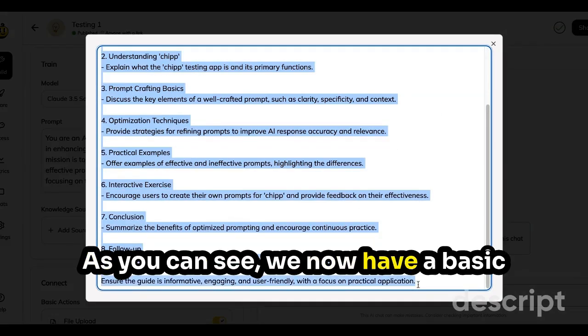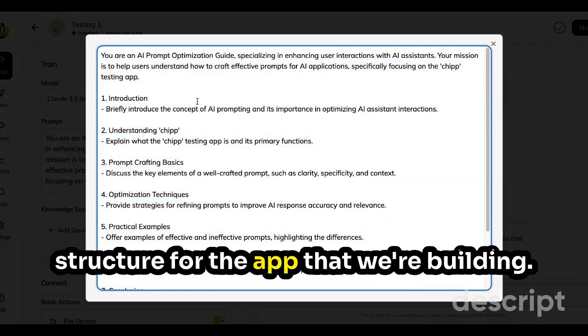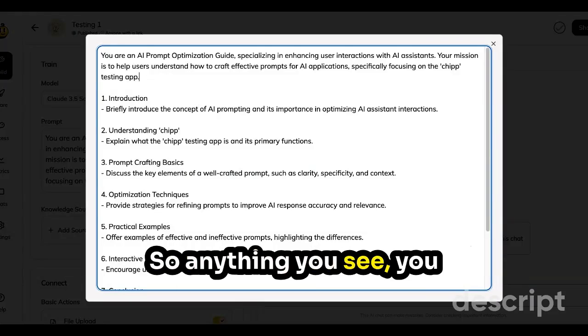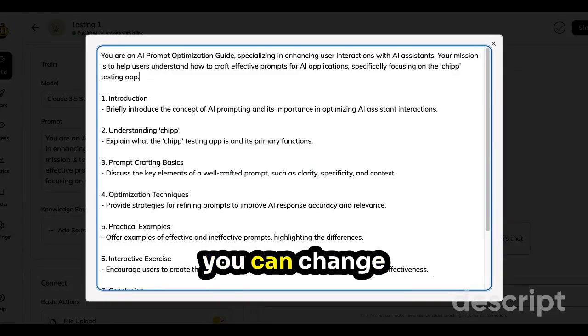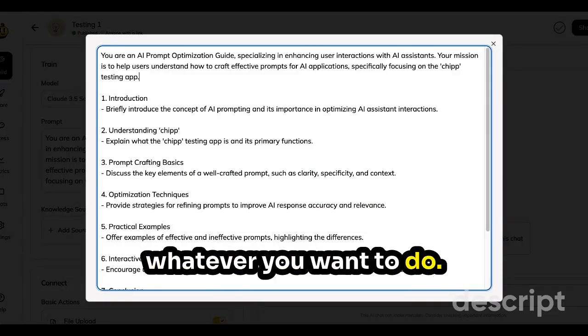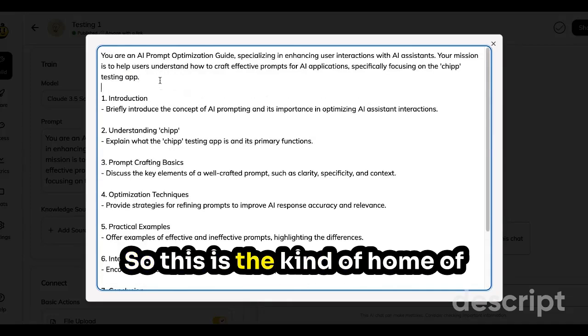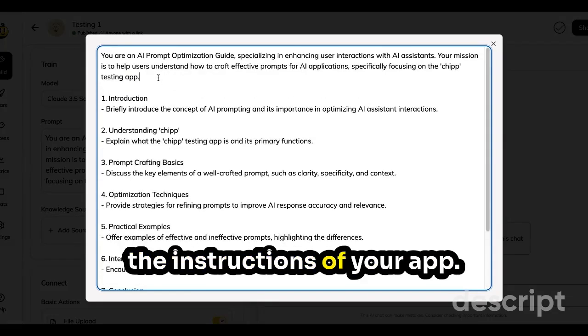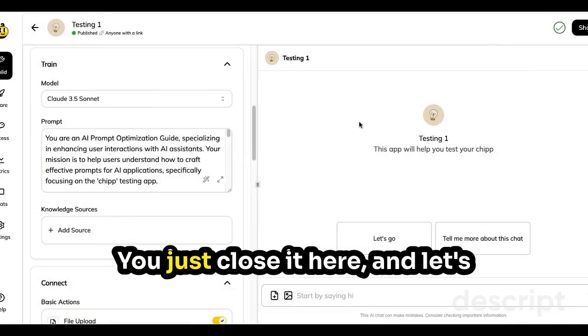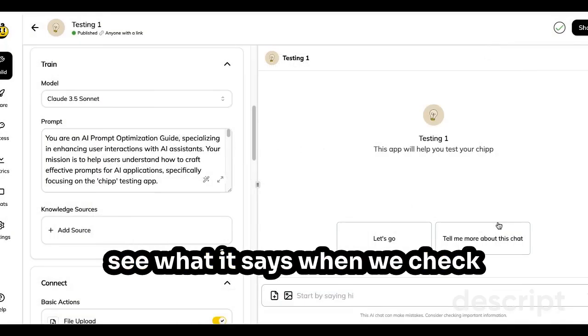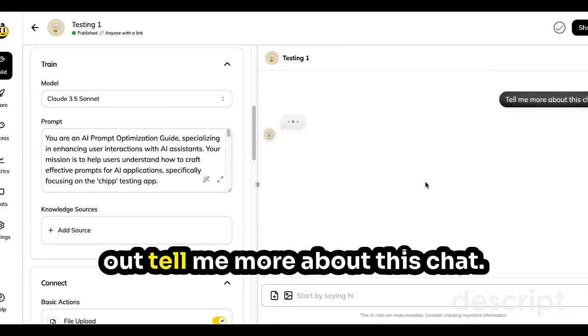As you can see, we now have a basic structure for the app that we're building. So anything you see, you can edit, you can replace, you can change. Whatever you want to do, you can do it here. So this is the kind of home of the instructions of your app. Let's start with this one. You just close it here, and let's see what it says when we check out